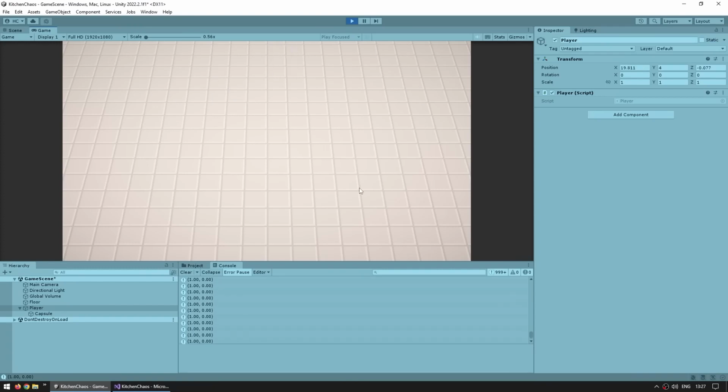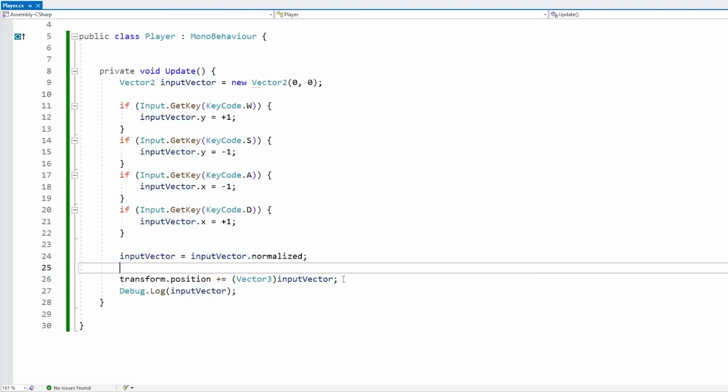We are moving on the x-axis, so left and right, that is correct, but then we are moving up and down instead of forwards and back. Basically, we converted the vector 2 directly into a vector 3, so we are moving on the x and y axes. But in our 3D game, we really don't want the characters to fly, so instead we want to move on the x-z axes. So back in code here, instead of directly casting this down into a vector 3, let's